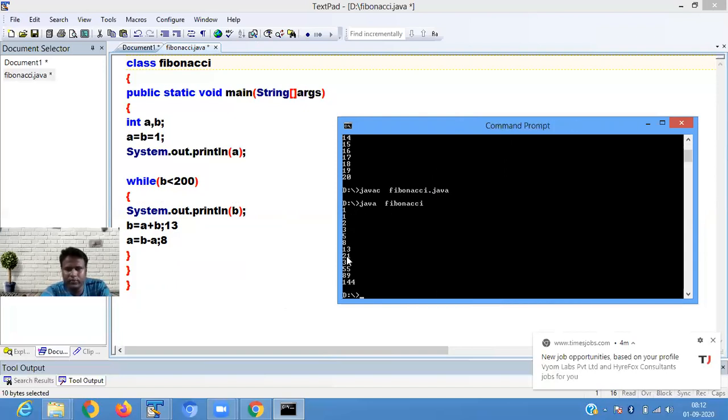After 144, if you add 144 and 89, it is 233. So 233 is not less than 200, so the condition is false. So it is printing 1 to 144. These are the Fibonacci series.